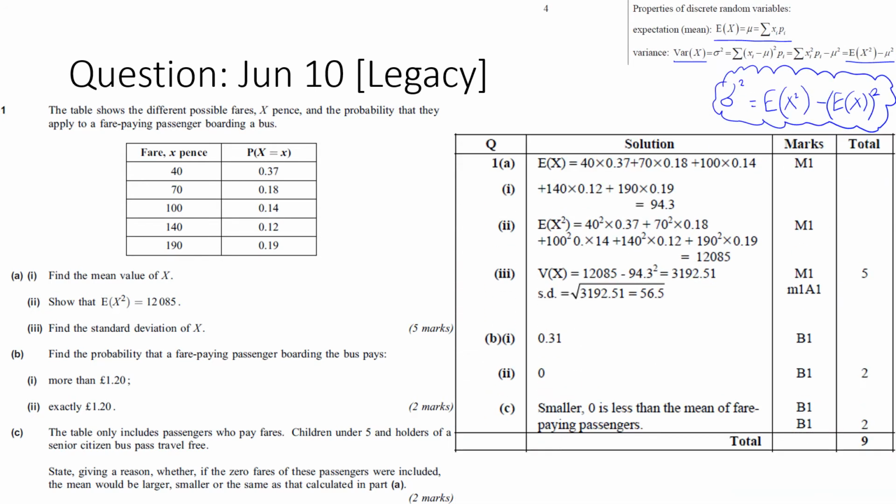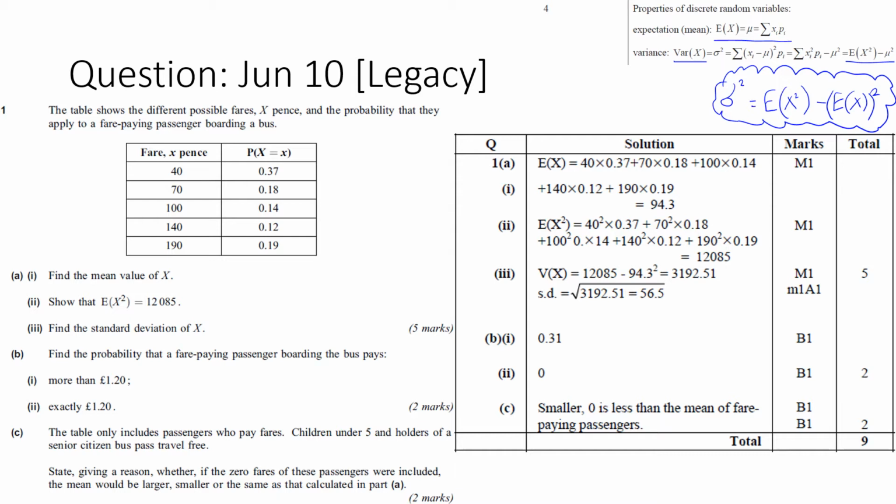using our need-to-know formulas. So 40 times 0.37 plus 70 times 0.18 plus 100 times 0.14 plus 140 times 0.12 plus 190 times 0.19 comes out at